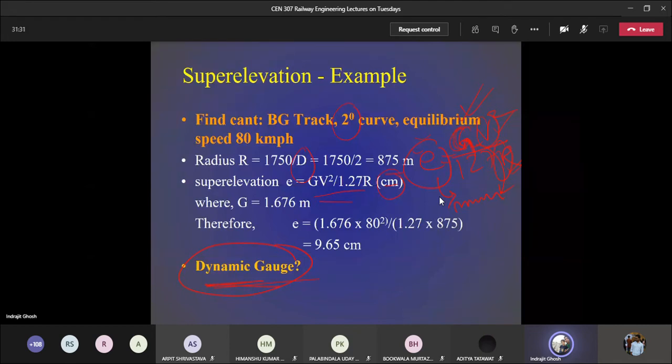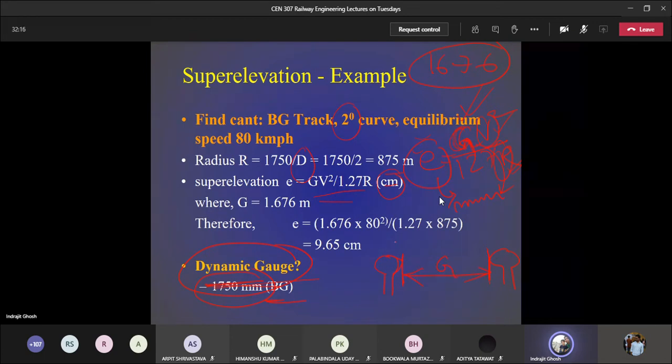So how much larger? What is the maximum gauge value that we can have when we have a broad gauge of 1676? Any idea? Whether it is 2 meter, 2.5 meter, 1700 millimeter? They came up with the value of 1750 millimeter. How is this value coming? In case of broad gauge, it is nothing but this is rail, this is rail. So the gauge, we know, this is the gauge.